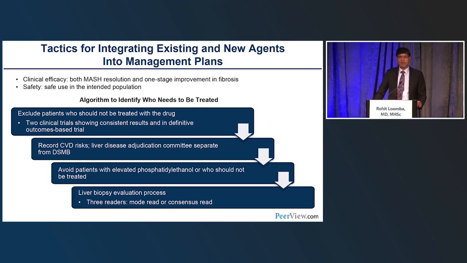We also assess how best to report liver biopsy results in these phase 3 as well as phase 2b trials, and now there's an emerging theme in terms of how those could be rigorously assessed. And majority of protocols are now using that modality to have 2 or 3 pathologists looking at histology data with either a mode read or a consensus read.